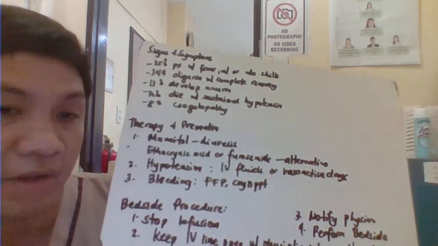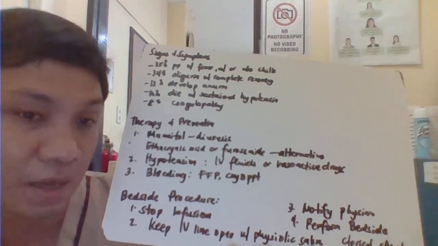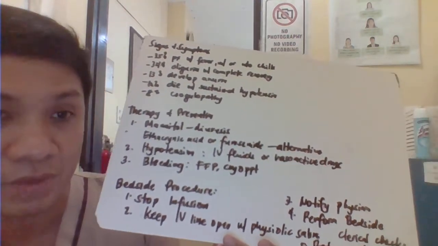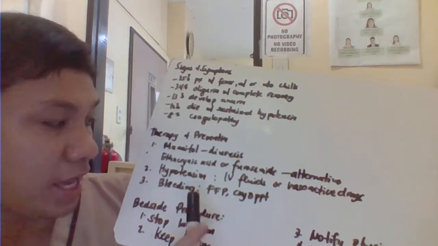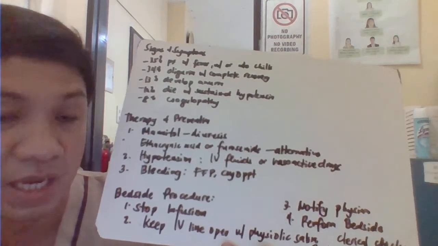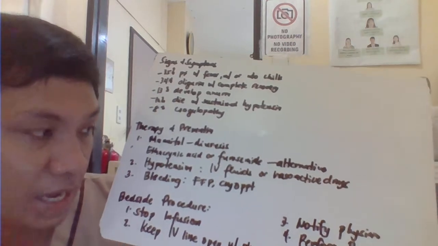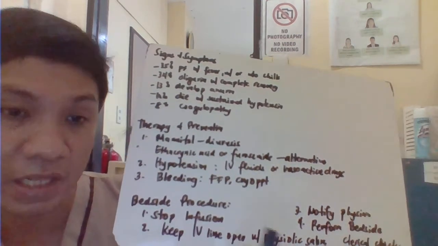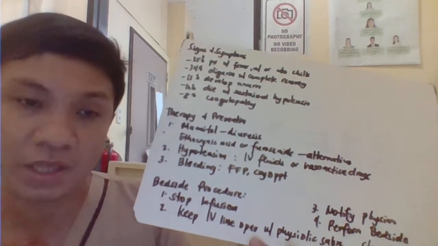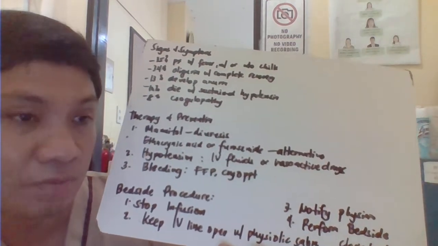We have here therapy and prevention. So, if this immediate hemolytic transfusion reaction occurs, number 1, you need to stop the infusion. Okay, then keep the IV line open and wash with a saline solution. Then you can also give mannitol to induce diuresis or urination of the patient. Alternative for mannitol, you can give ethacrynic acid or furosemide. Then for the hypotension, you can give IV fluid or vasoactive drugs. And for the bleeding manifestation, for the coagulopathy, you can give your fresh frozen plasma and could also have